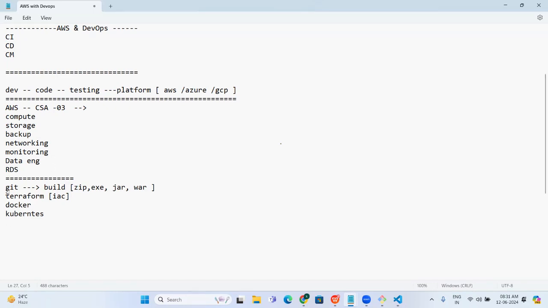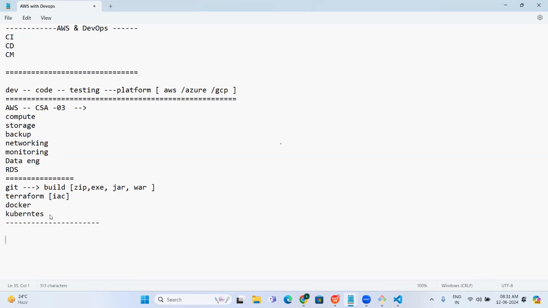We'll do different projects here. We'll do a monitoring project. It's a task and project. We'll give different architectures and ask you to implement them. Some of them we do manually. Some of them we'll try to do with automation, like DevOps.